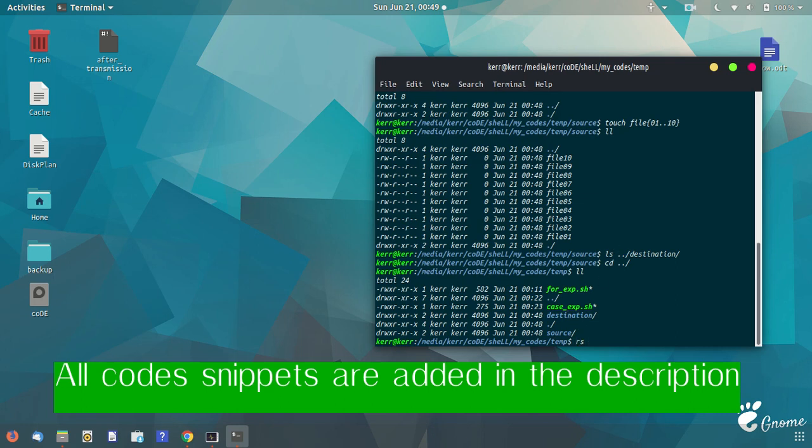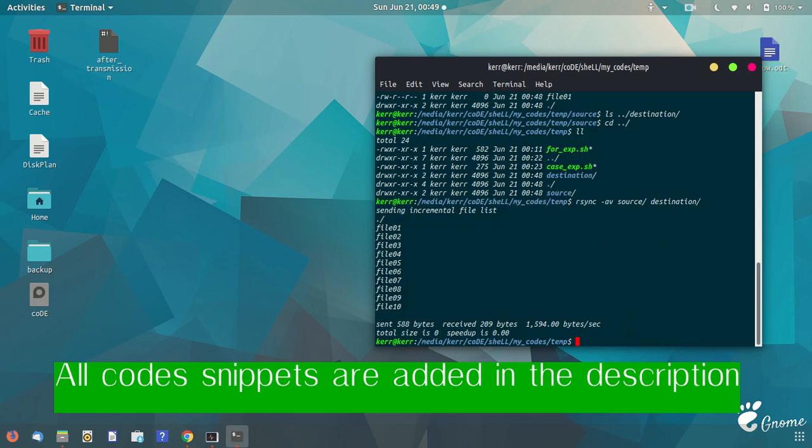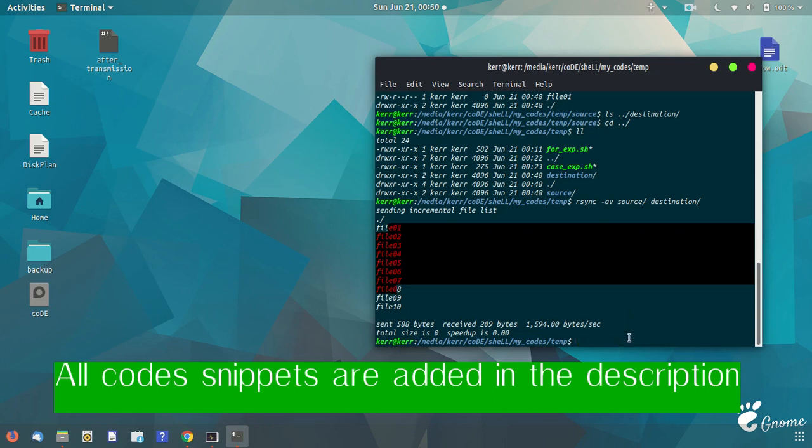So rsync minus, let's use the archive mode on first and the verbose mode on. By using that verbose mode, it basically shows which files are being synchronized. Okay, so you have to give that forward slash after each directory name, because that basically copies the content of source to the content of destination. Okay, so here it's showing that these many files are being synchronized to the destination.